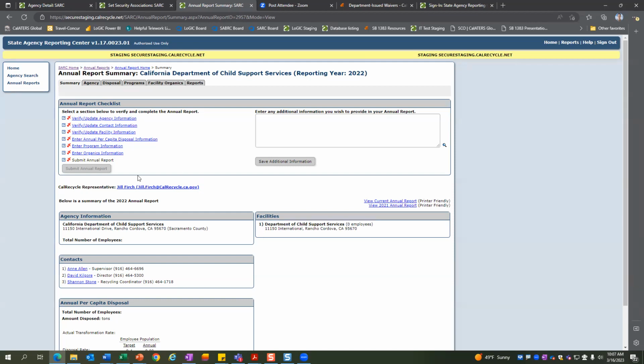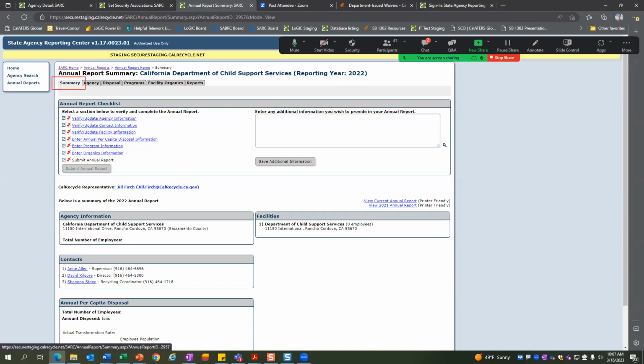Okay, so when you first log in, you have your summary screen. So we're on the summary tab up here, and you'll see red check marks that we have not completed the sections. And then there's just general summary information as entered or updated by you, the recycling coordinator, and it'll update as you fill out that report. This CalRecycle representative, if you have a name here, is not accurate.